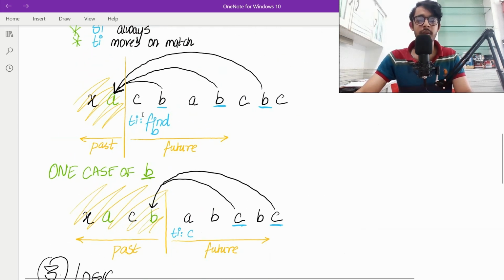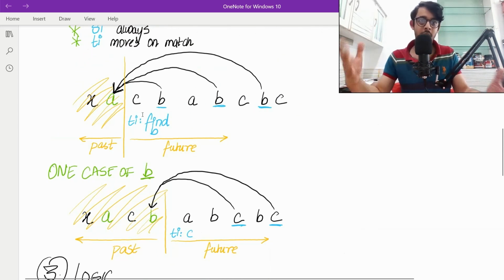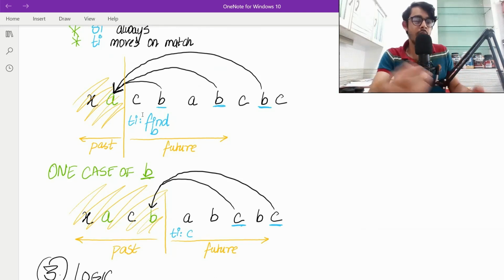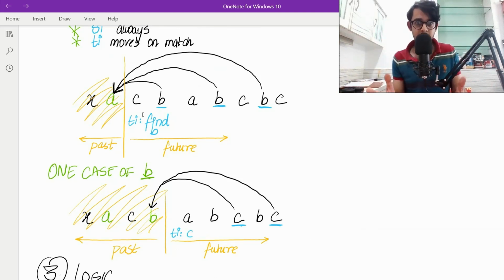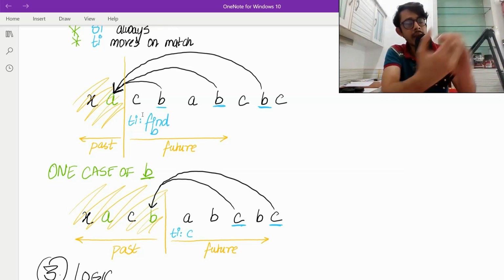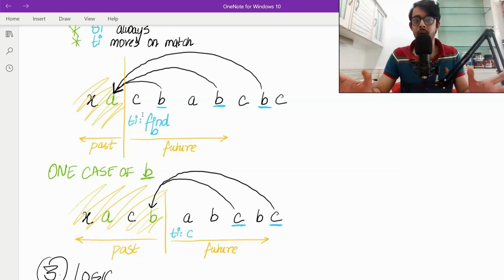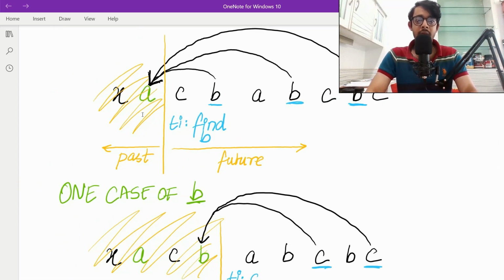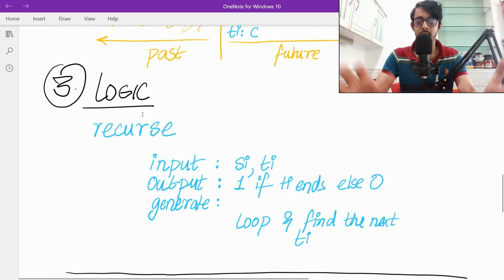Let me zoom out so you can see this better, and feel free to pause and try to see what's going on. We have this recursive structure where we are at this current time, but we're trying to find out information from the future and bring it to the present. This is the entire goal. Now let's solidify this more and come to a more solid recursion logic.